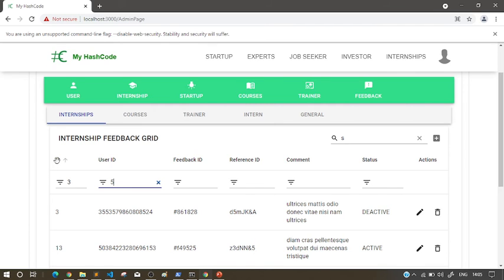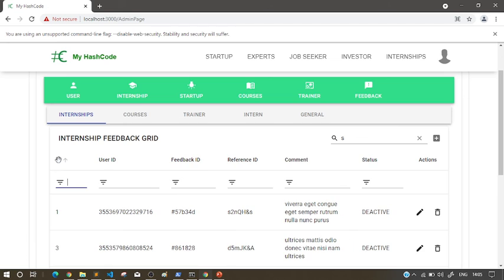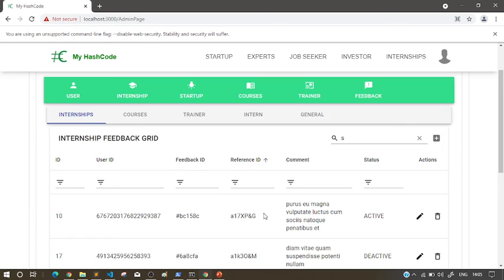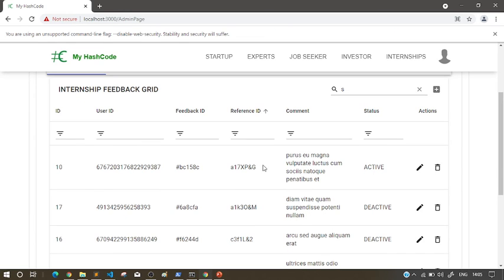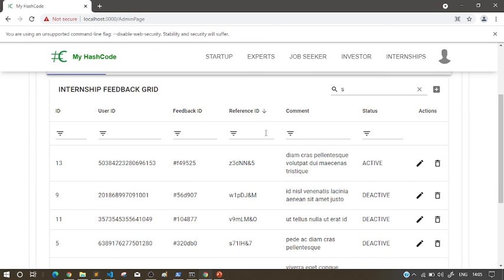Let me remove this filter. When you hover on any row, you can see a small arrow button. When you click on this arrow button, the respective column gets sorted in ascending order the first time, and when you click a second time, it gets sorted in descending order.